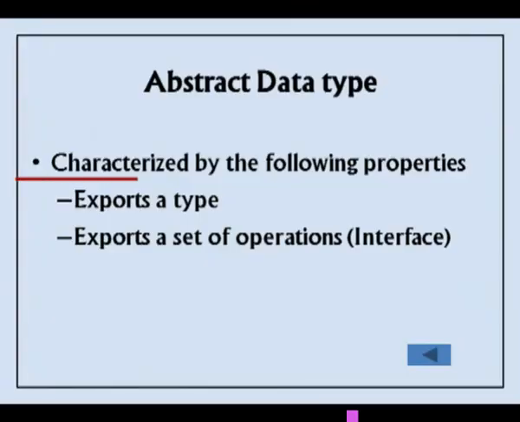Next we have something called abstract data type. As I said before, a class is an implementation of an ADT. So here in detail, we are going to see what that abstract data type is. It is characterized by two properties. One is a type. It exports a type. Exports a type in the sense it shows a type, and it exports a set of operations, or interactions, or methods, or functions, or whatever name you can give. It all means something that is done, some task that is done. So it exports a type in the sense it sends out some particular type of data.